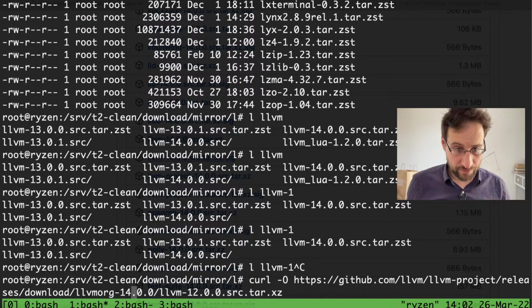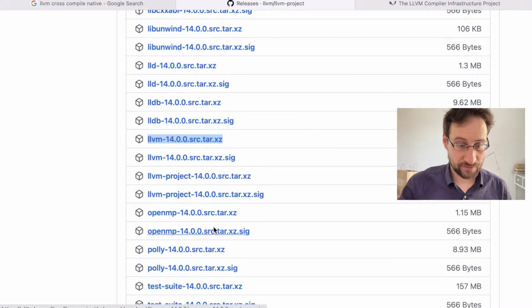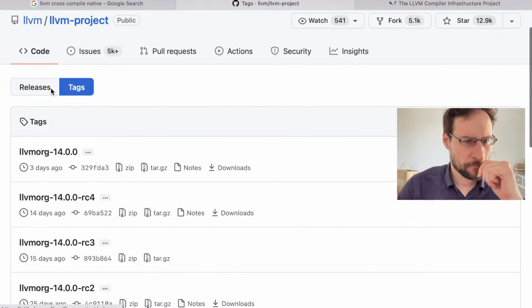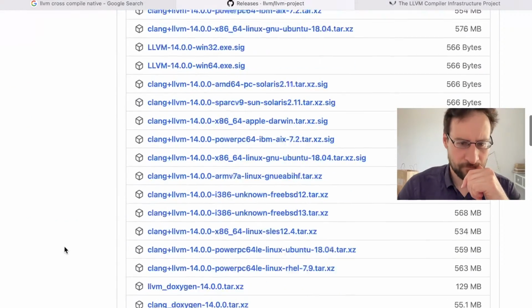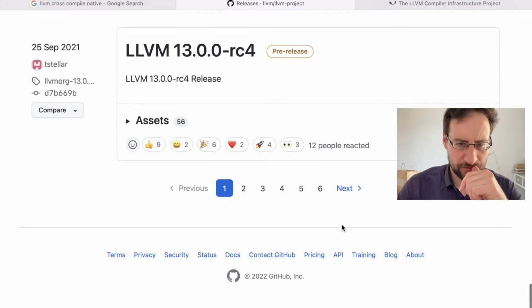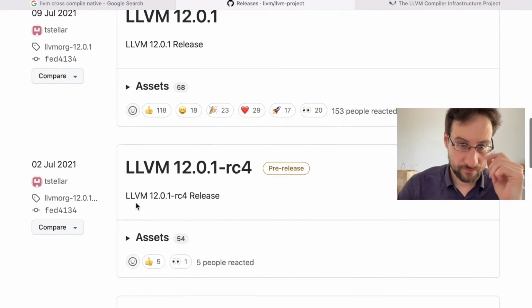Let's try 12. Let's hope that downloads like. Of course, it doesn't download like that. It will most likely break, and we can also. Oh my god, are this many? Yes.